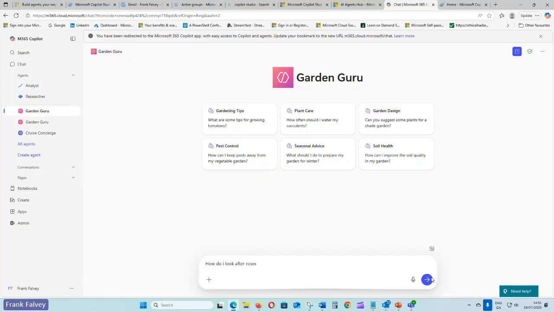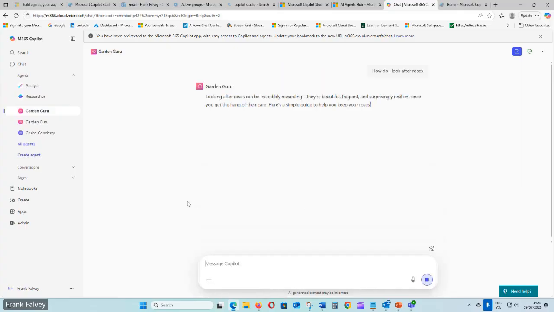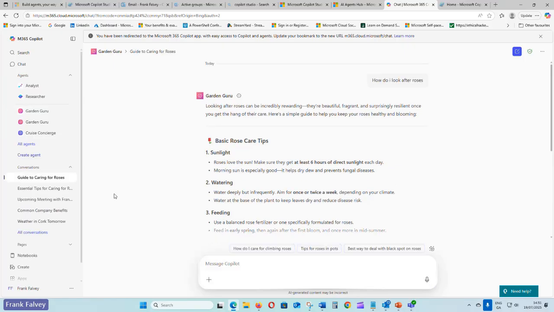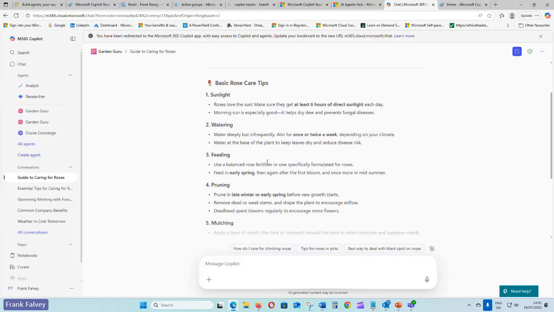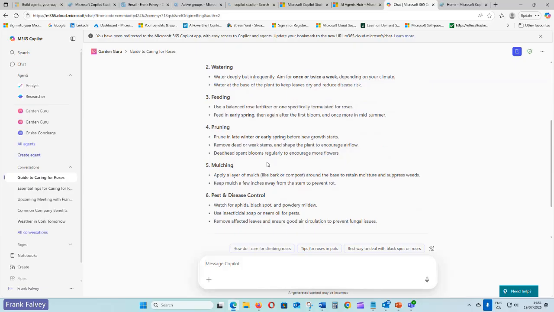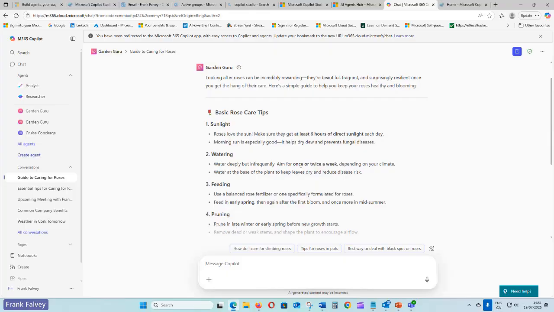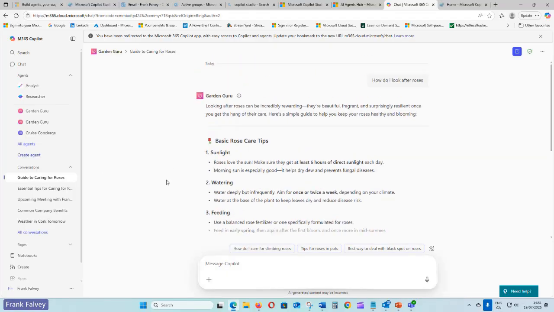Okay, simple. Okay, so basic rose care tips, okay? It's telling us about sunlight, watering, feeding, pruning, mulching, pest control. This all looks pretty good. So that's a basic agent using the Copilot chat.